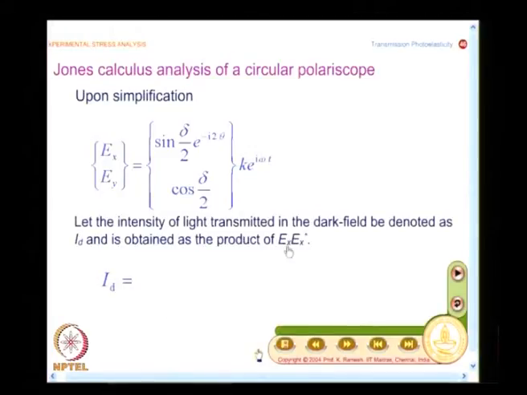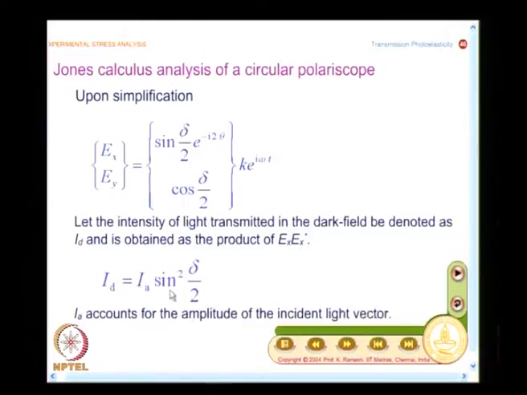I get this as E_x into E_x star, where E_x star is the complex conjugate, and I simply get this as I_a sin squared delta by 2, and I_a accounts for the amplitude of the incident light vector. And what you find here is this expression is independent of theta.